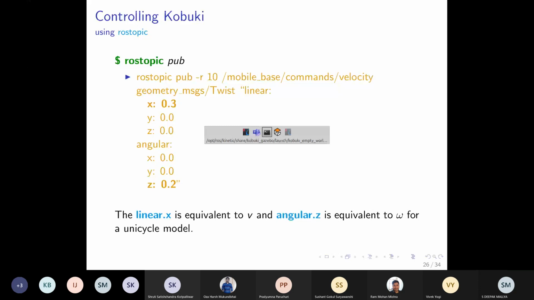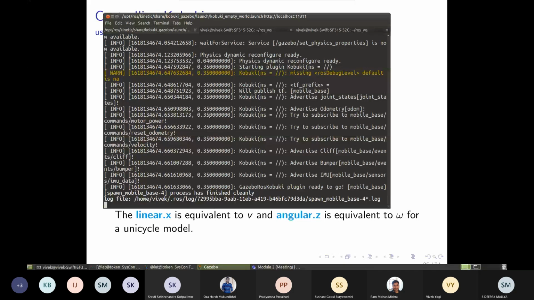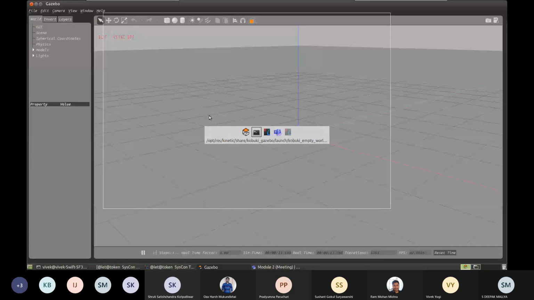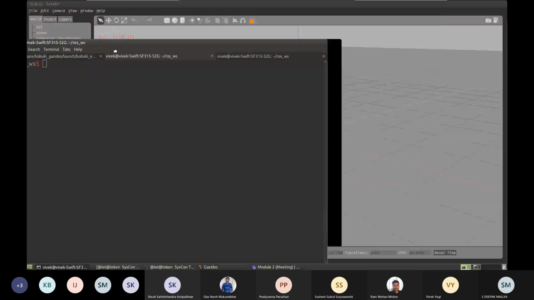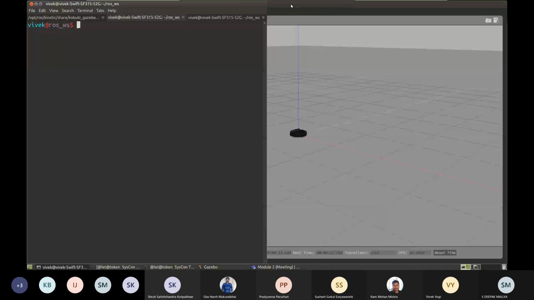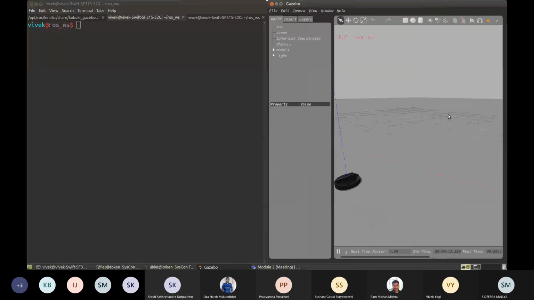So is there a way to create your own topics? Yeah, you can. You can create your own topics and your own messages. Right now we are just using the robot package made for that robot, so we're trying to use the topics that they have in their package.